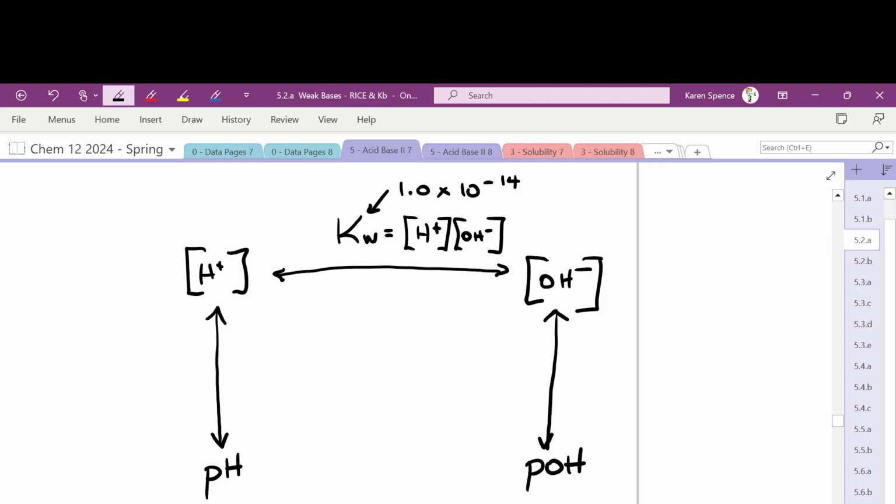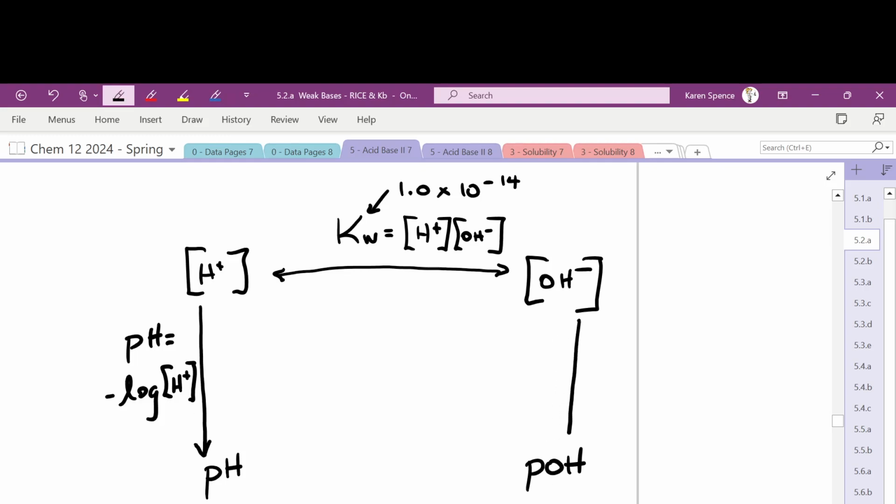How do we get from, oops, I shouldn't have done double-headed arrows there. I should have done one on one side and one on the other. How do I go from hydrogen to pH? pH is equal to negative log of concentration of hydrogen. pOH equals negative log of the concentration of hydroxide. I've not given myself much room there. I'm sorry. And then to go back up,